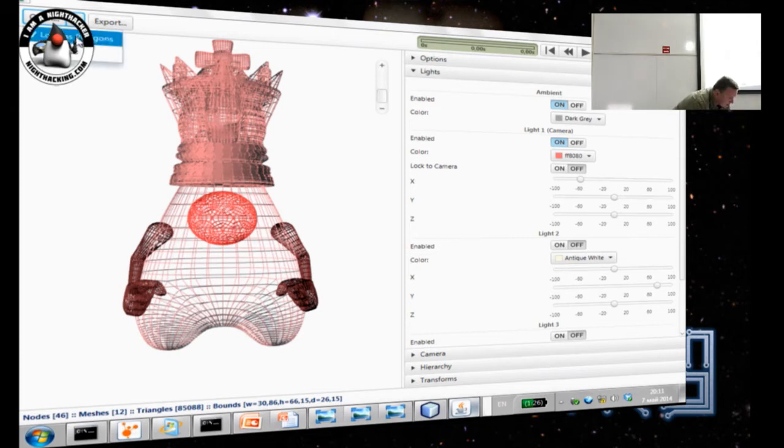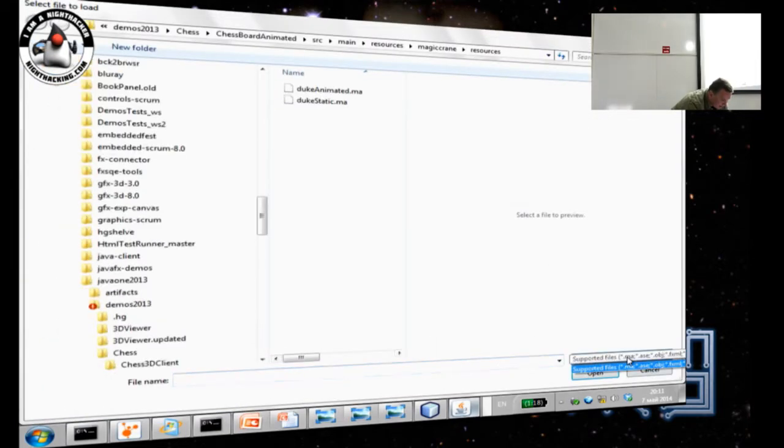What it supports is it can load different types of files. Currently it supports Maya files, OBJ files, FXML, Max, and there was support for DAE, which stands for Collada format.